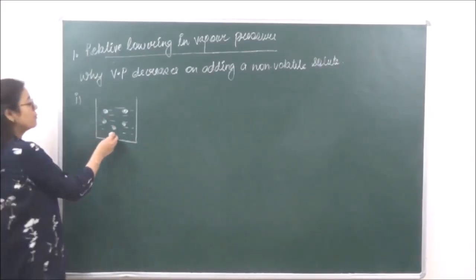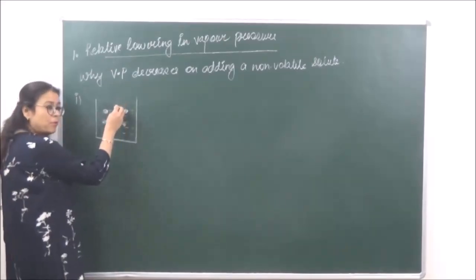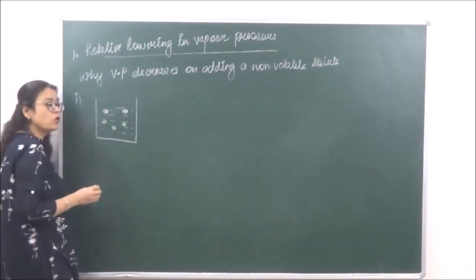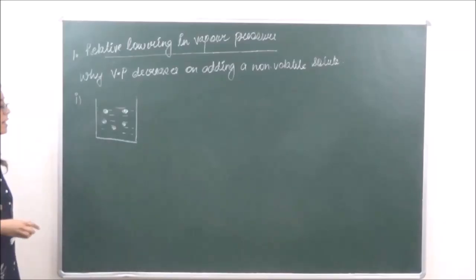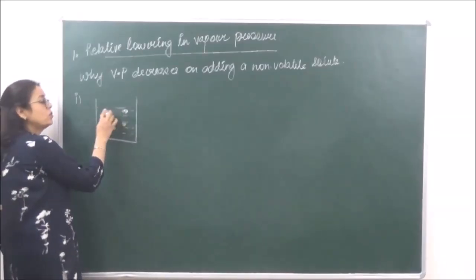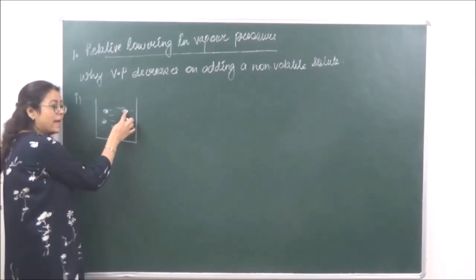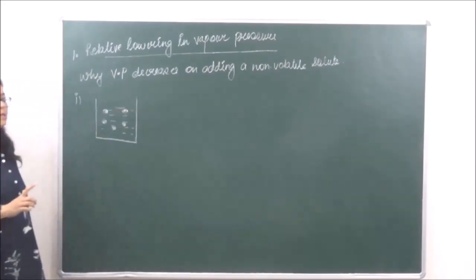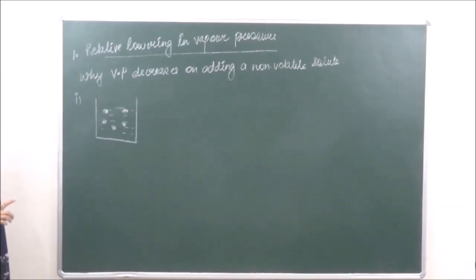Okay, so if the molecules of the liquid want to evaporate, the solute molecules are going to obstruct their path. As a result, the vapor pressure lowers, because the amount of vapors formed will also be less. So if vapors are less, automatically what will happen to vapor pressure? It will also decrease, okay?